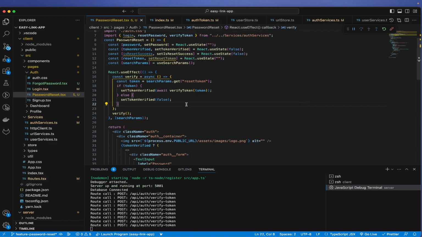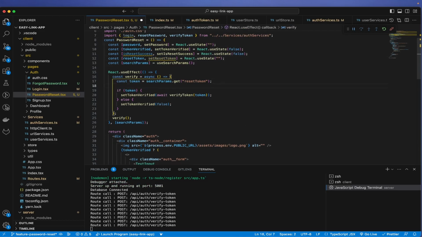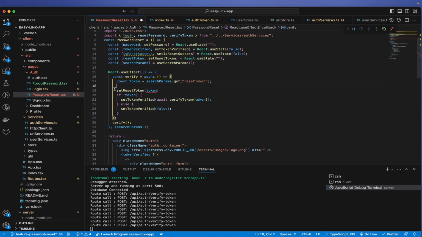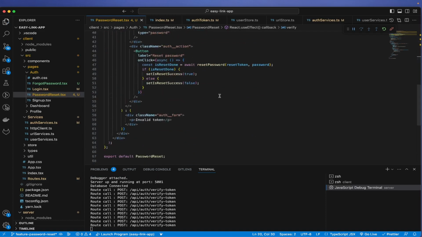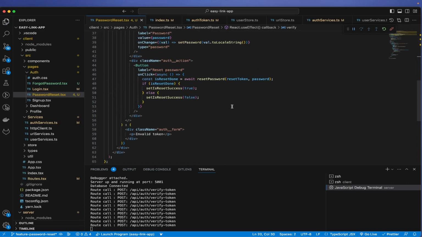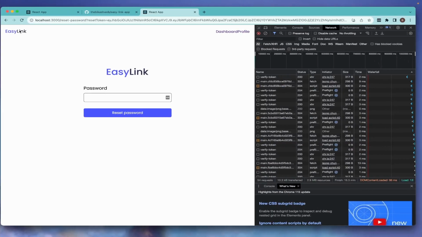So initially we have that, but as soon as we get this token, I can just do okay, and now here we have reset token, we have password. All right, so in theory this should work. So let's